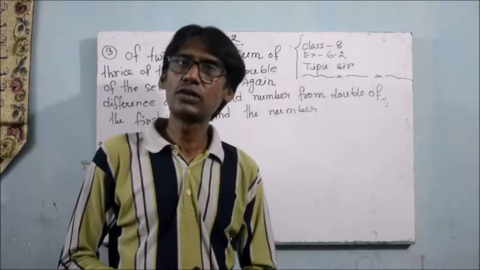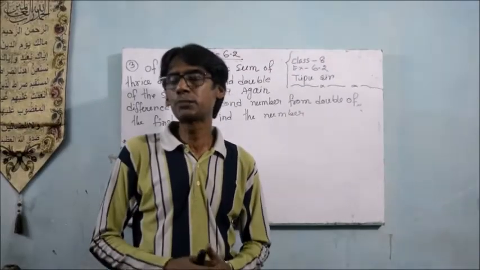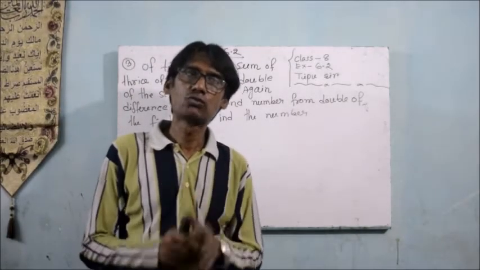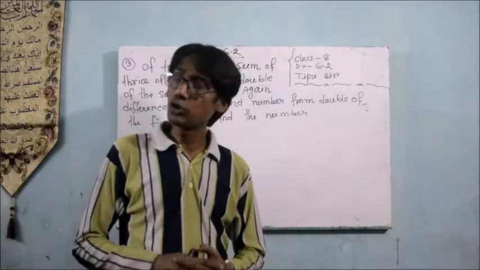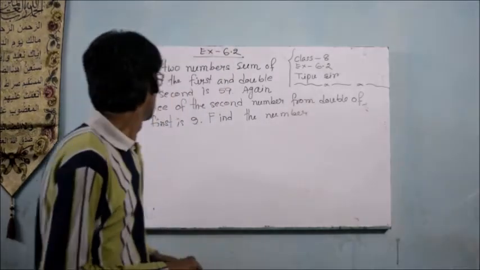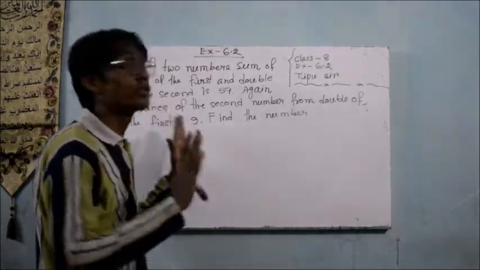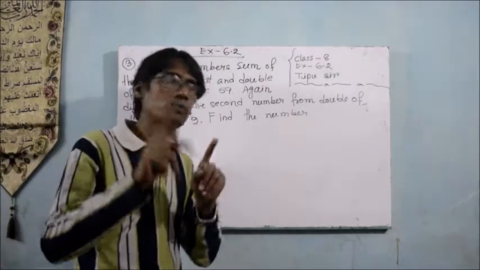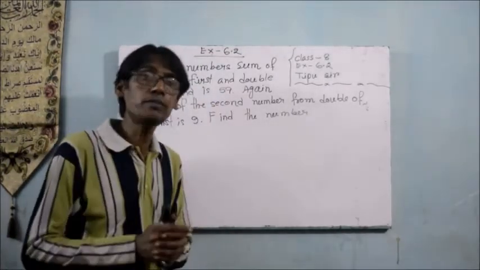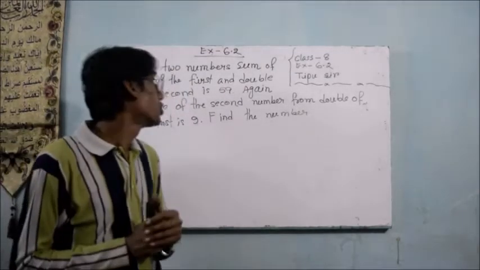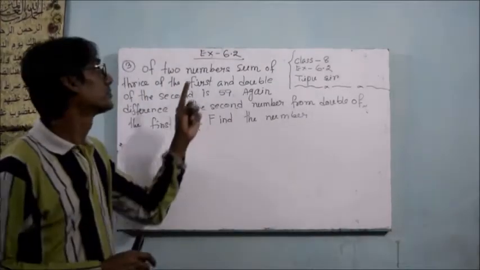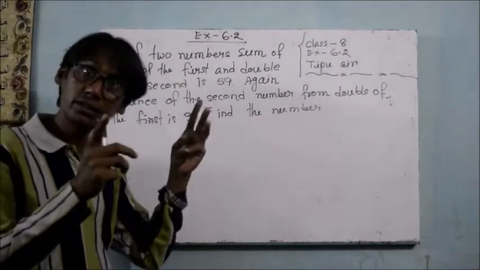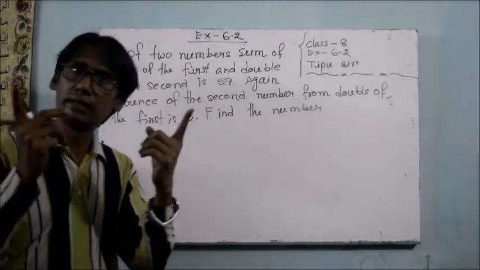And in my previous class I already solved your textbook exercise 6.2, 1 and 2, and I already explained to you how we can solve all of the math through the substitution method and elimination method. Now at first you have to read the question more carefully, then decide how you can make the two variables, and you have to make the first equation according to the first condition, and the second equation from the second condition.